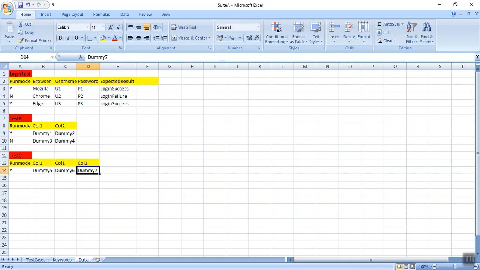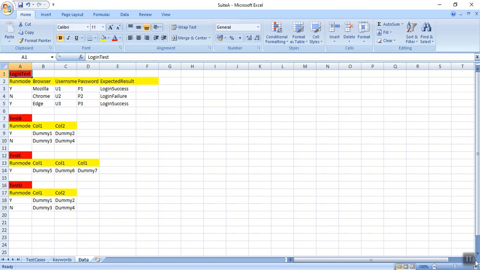Getting the things? Be with me. And I have also created the data for test D. So the structure is going to look like this. Currently I am going to focus on the simplest test, that is the login test.